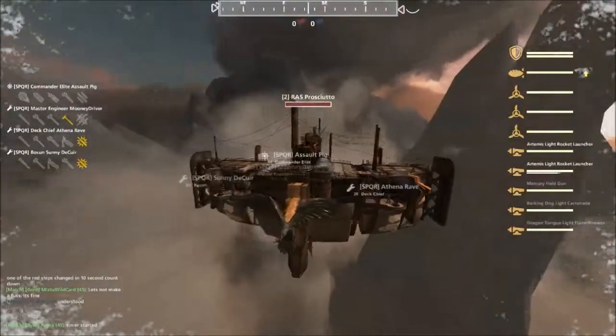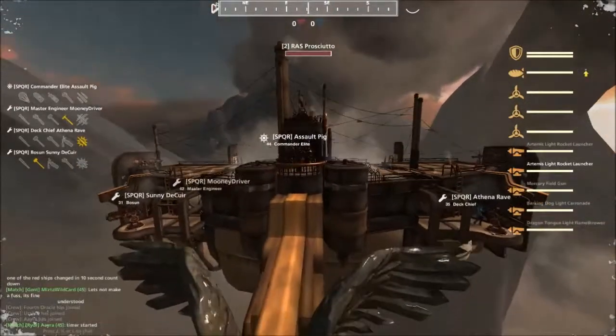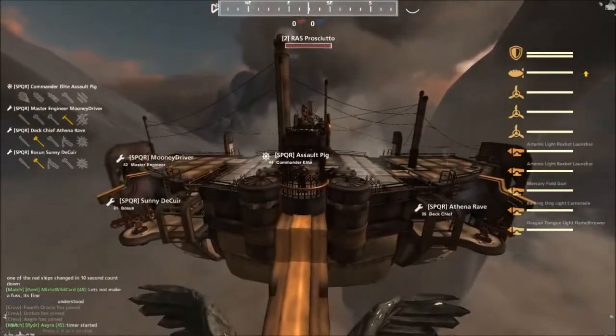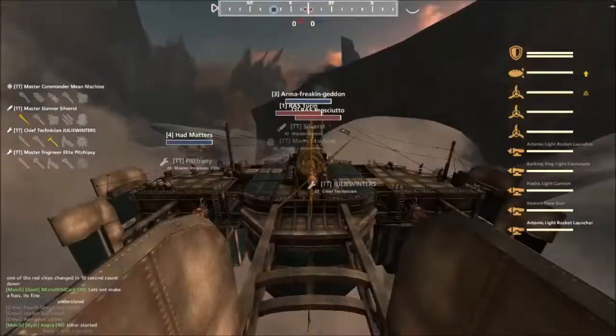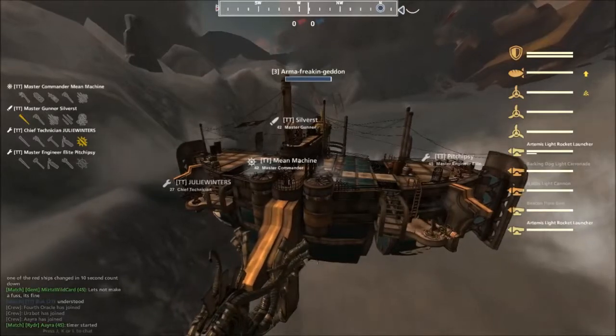They're also running the RAS Prosciutto, a mobula being piloted by a Salt Pig. Mercury up top, with a pair of Artemises on the lower deck, and Flamethrower and Carronade on the upper. Take it away, Urs. And on the blue team, we have the Trading T, Armor Freak and Geddon, a mobula